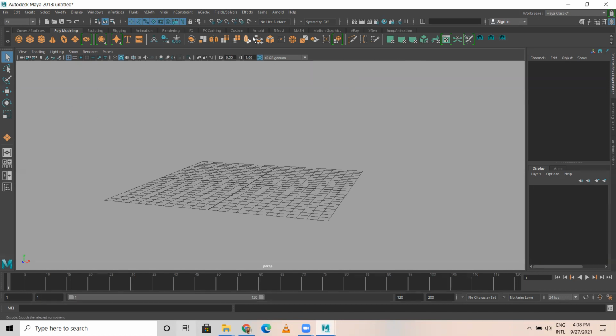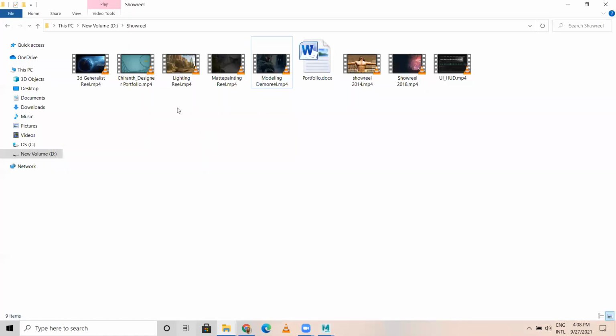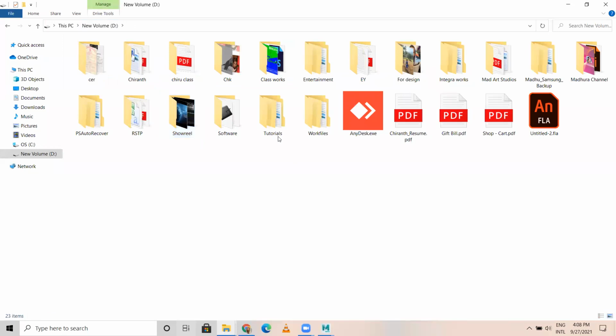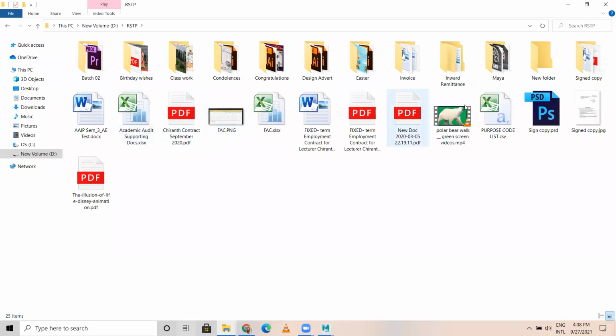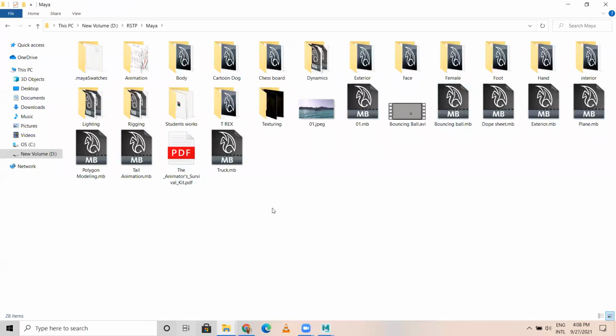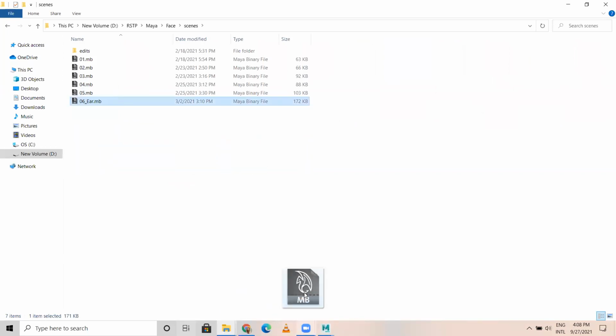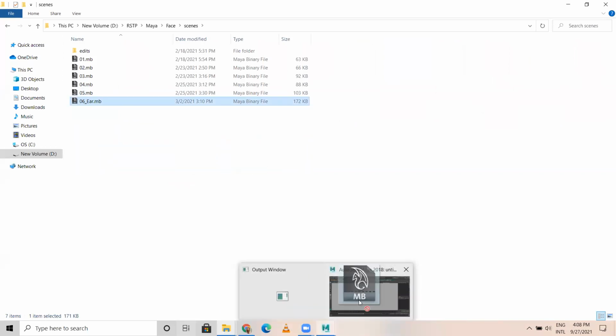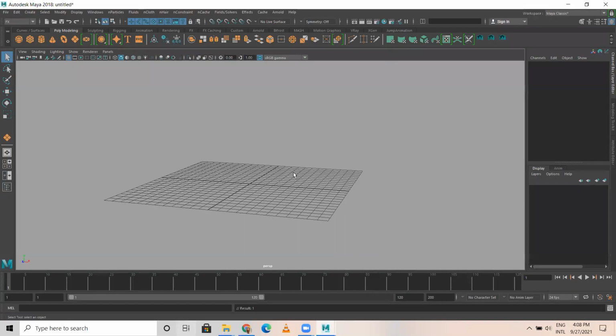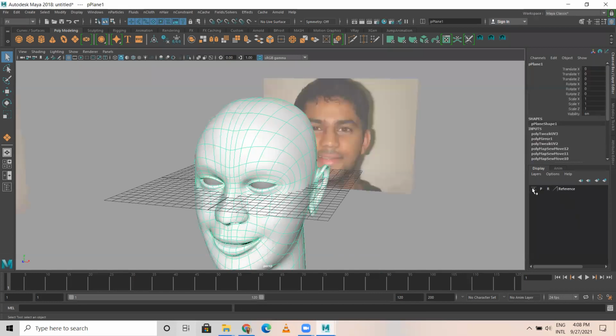Fine, I'll show you one more effect today. It's for fire effects. As I was saying, I would like to have a character. I'll just pick a model which I have done here. I'll just take a face.